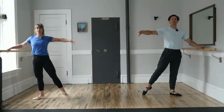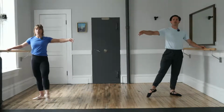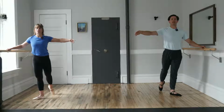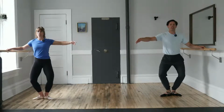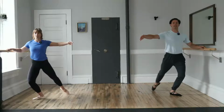Now keep that arm in the side second. Continue the rounding shape of the leg out the back, heels forward, toes back, heels forward, repeating one more time from the back to the front and the front all the way to the back. This time bring a straight leg through to first and then plie and reach that single leg forward. Now stay on that single leg as you reach that around and around and around to the back and then